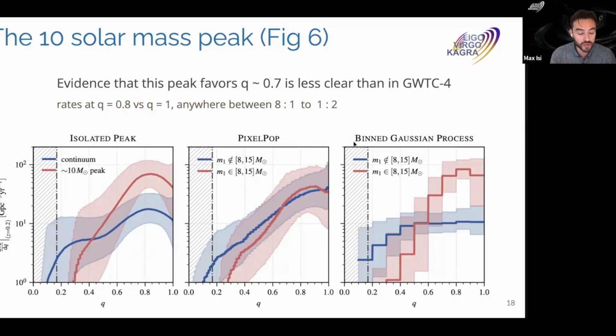And each of these components, the continuum and the peak, can have its own independent spin and mass ratio properties. And so this allows us to directly ask the question, do these 10 solar mass binaries have any set of